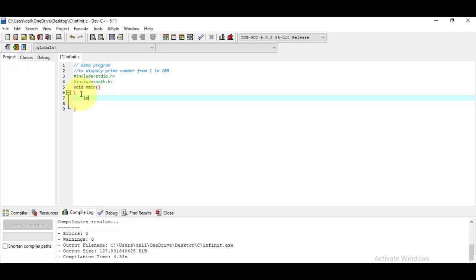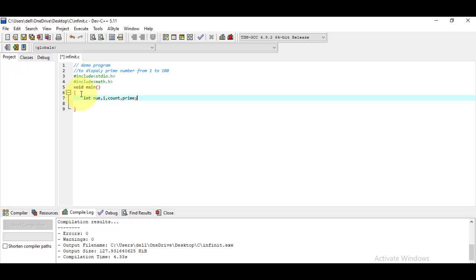For that I am declaring the variable int number, then another variable i for the counter, one more variable count, and one more variable for the flag, prime.